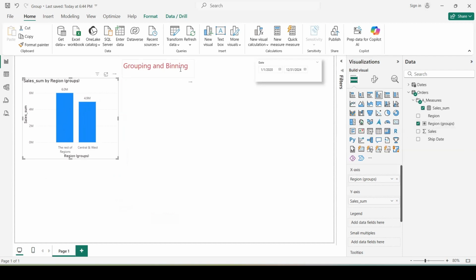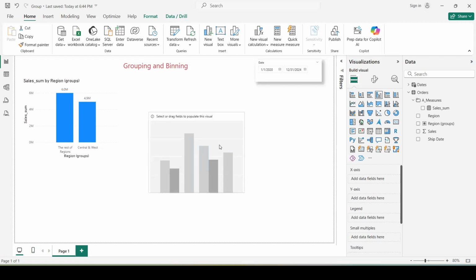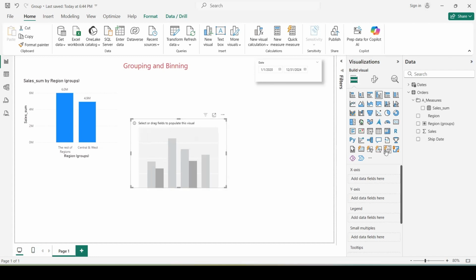Another feature that is also interesting is binding. With binding, we can group data as we like. For example, if you have a graph like this, let's just create one, a new graph, and you have a lot of data, and you want to group data by days, by months, you can do it with binding.